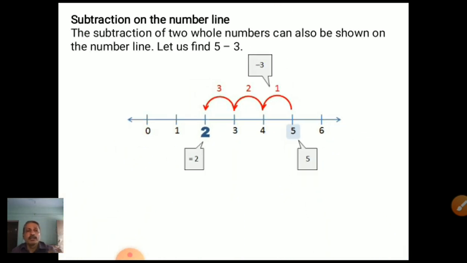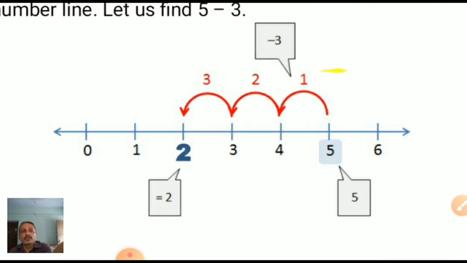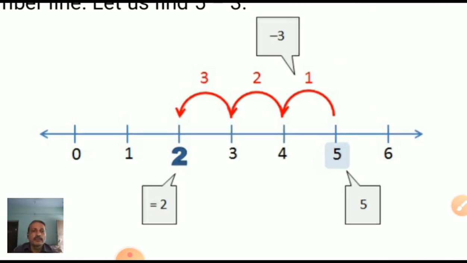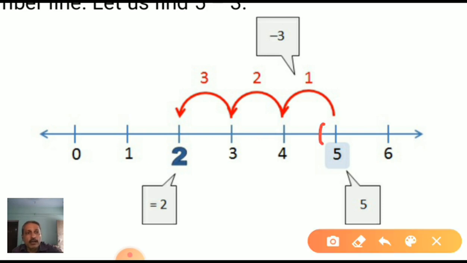Here you can see the number lines picture. Can you see easily, students? Yes. 0, 1, 2, 3, 4, 5, 6, and both side arrows. First of all, what do we have to move? We have to jump from 0 to 5. So here I will jump.